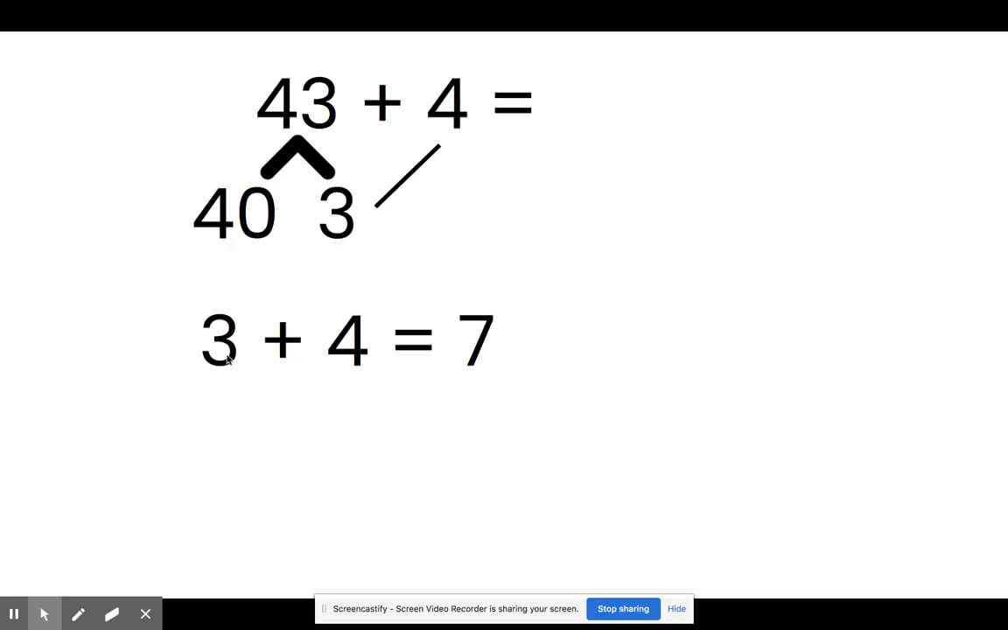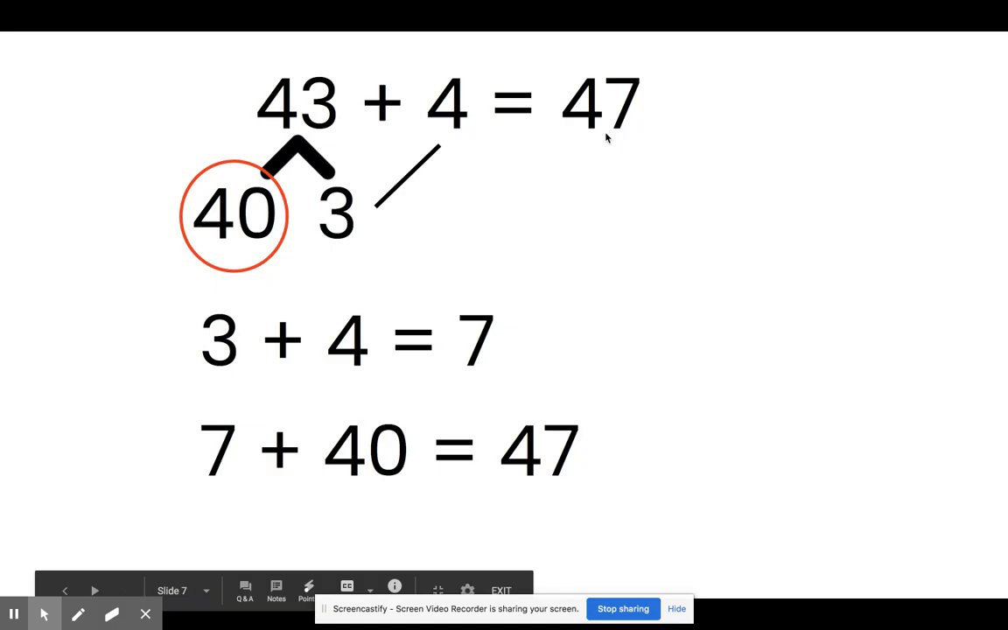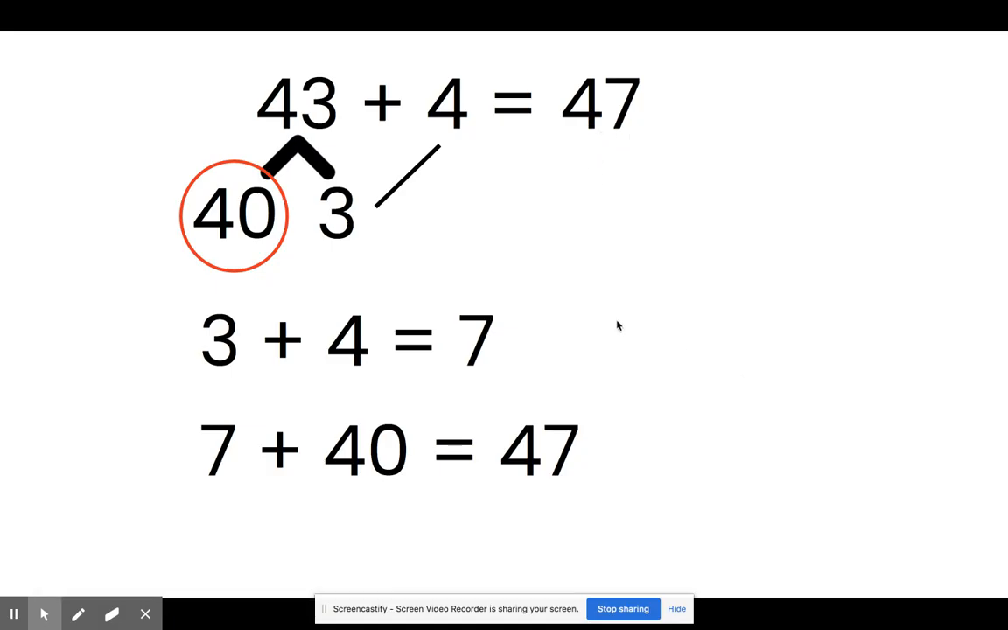We bring down our 3 ones and we add the 4 ones, which gives us a total of 7 ones. We can't forget about this 4 groups of 10, that's 40. So we bring our 7 down and we're going to add our 4 groups of 10, which is 40, and that's going to give us a total of 47. So 43 plus 4 equals 47. We were able to solve this by adding like units, which was our ones, before adding in our groups